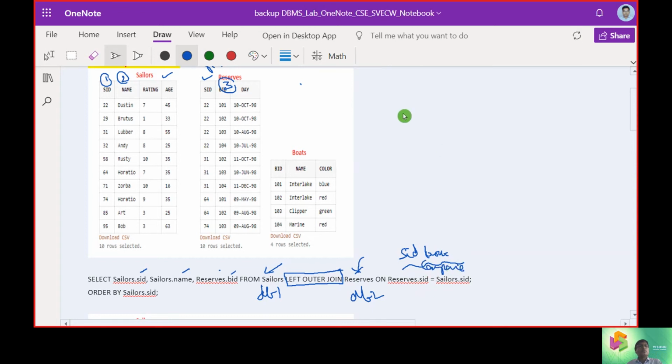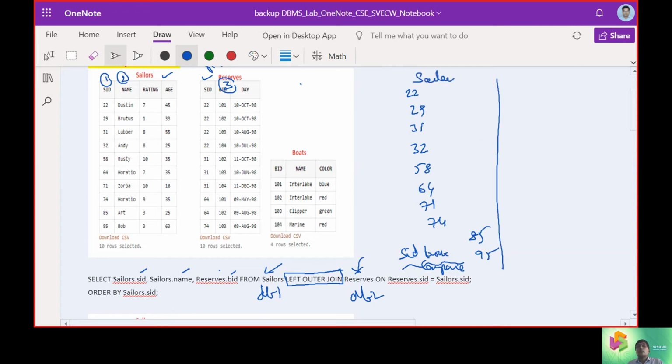What we can do is write out the elements on the left side, that is the Sailors database: 22, 29, 31, 32, 58, 64, 71, 74, 85 and 95. Okay, these are all the IDs.